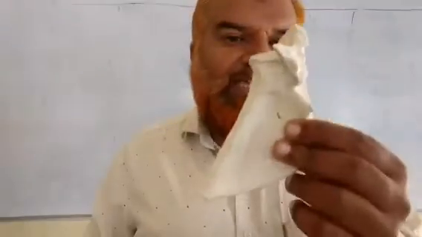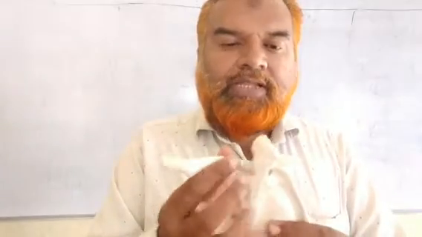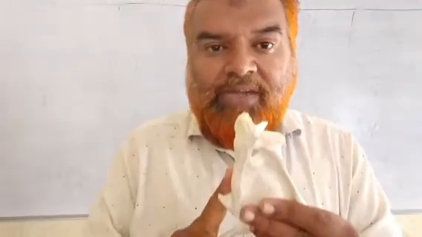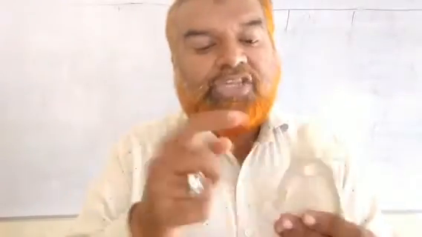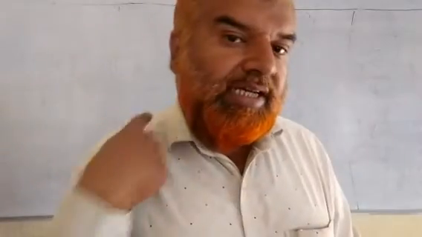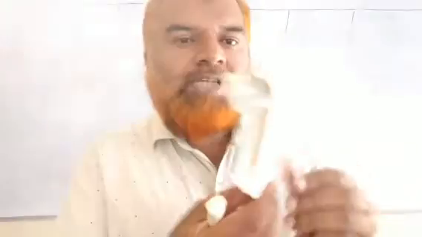This bone is known as scapula, the shoulder bone. It is behind our shoulder, like this. This is the clavicle, and behind that is the scapula, what we commonly call the shoulder bone. In between, there is a space for the muscles that connect the neck and the shoulder. This will be like a triangular shape. This is the scapula, and this is known as the collarbone or clavicle.